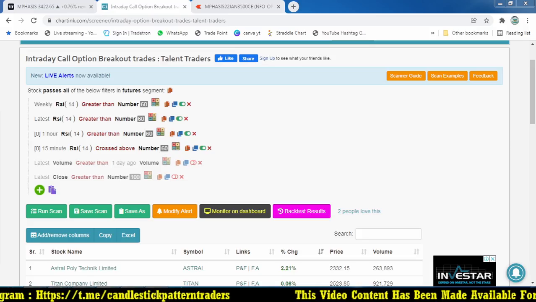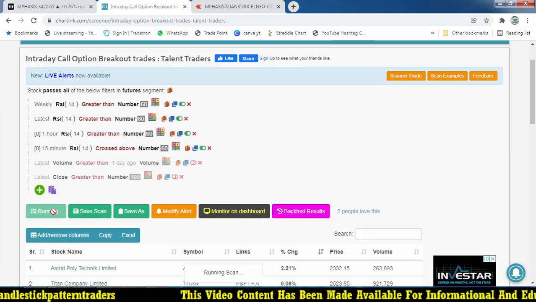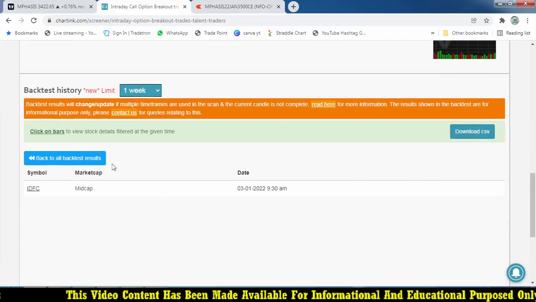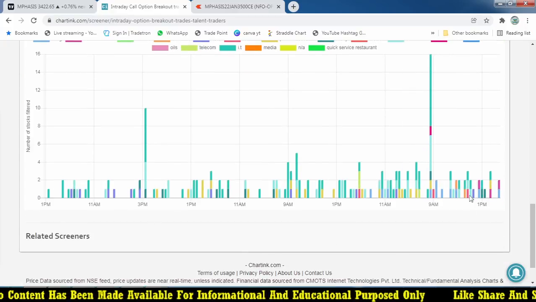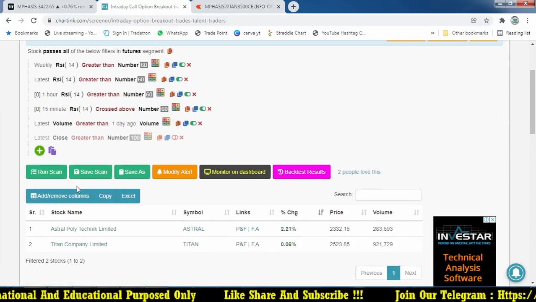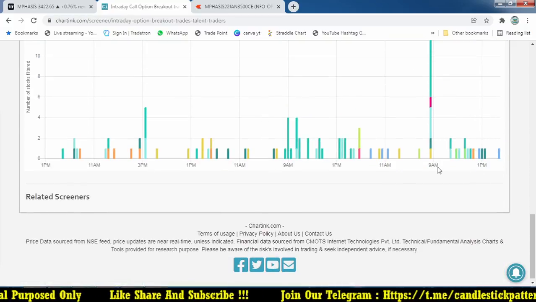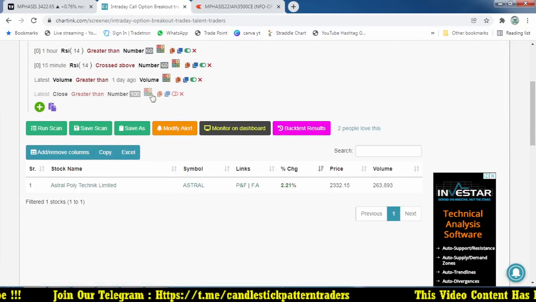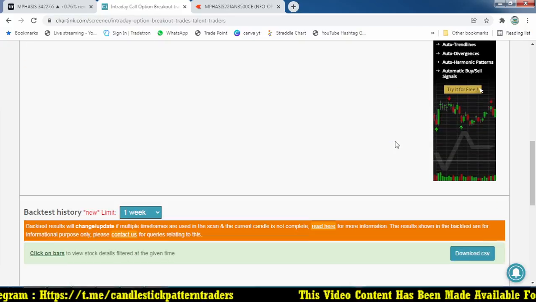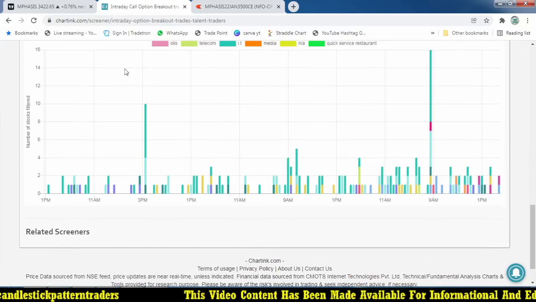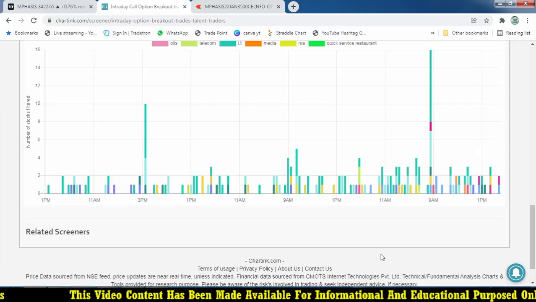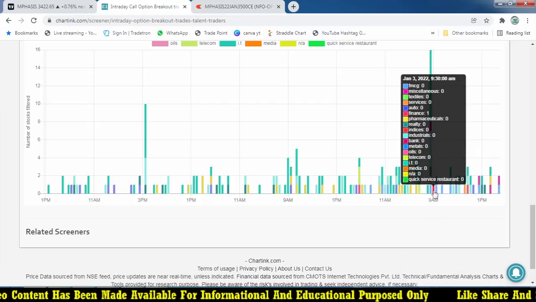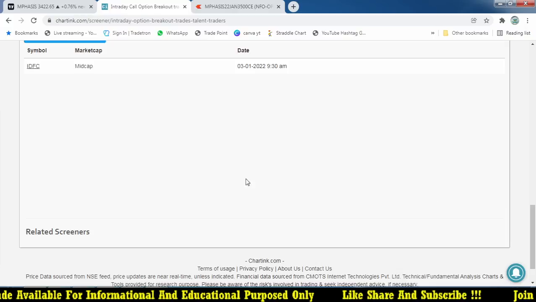Whenever you use the crossing above condition, because 15 minutes is our lowest time frame, you will get a very minimum number of stocks, while many stocks come at regular intervals and it never changes, because we are ignoring the volume factor. If I use a volume factor, it will reduce the number of stocks, and if I avoid volume, we get a lot of stocks. But if you use this one, we should avoid 9:15, because it is a crossing above. So today at 9:30 we have IDFC.